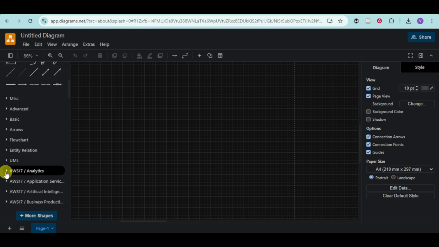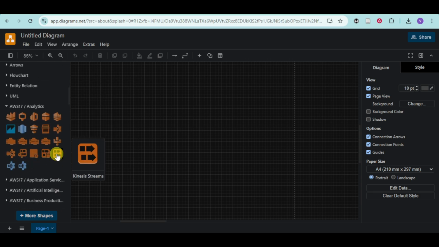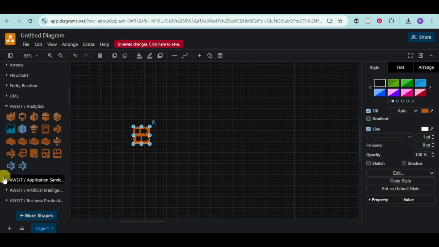So just expand the AWS. It can be for analytics or another option. And then just proceed to add that right here. And then connect the things that you have right there all together in order to create a